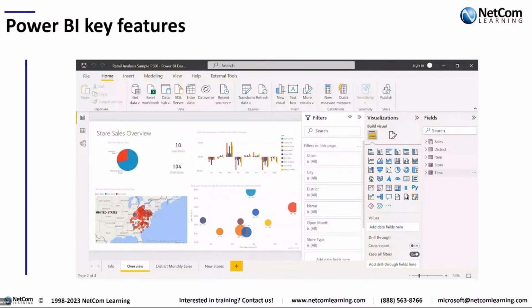So let's take a look at the different types of Power BI components and features that are available to us as part of the whole platform, because it's not just an individual tool. It's a number of different tools that give us this whole platform. So first of all, the tool that you see on the screen is called Power BI Desktop.